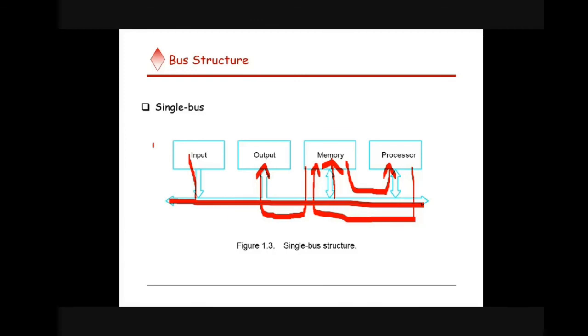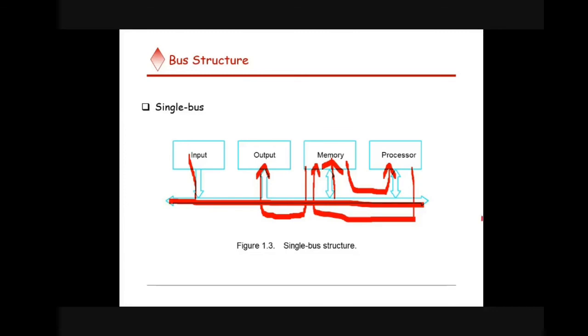One more problem for this structure is that the common bus is connected with different devices. So a few devices will be really slow and a few will be really fast. For example, the processor is very fast compared to the input devices. But still the processor should wait if the input device is using the bus. So how can we solve that issue? I think you understood what the problem is.